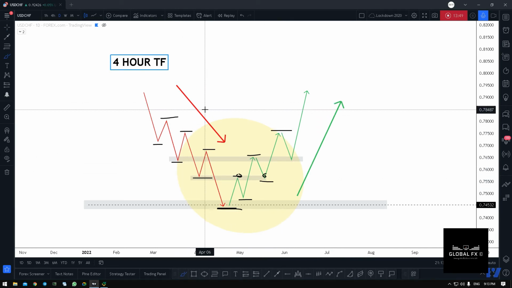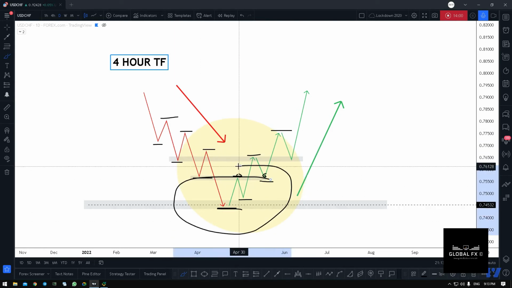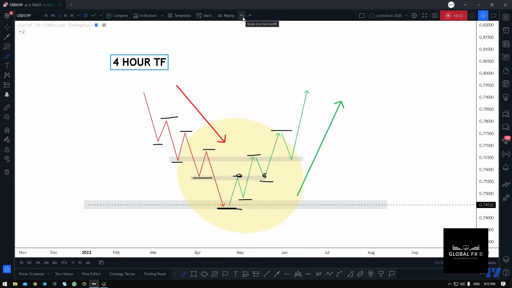In a bearish market, you will find the market will create lower highs and lower lows. But when the market reverses and starts to move in the opposite direction, it will create higher highs and higher lows, and eventually the market momentum will become so great,